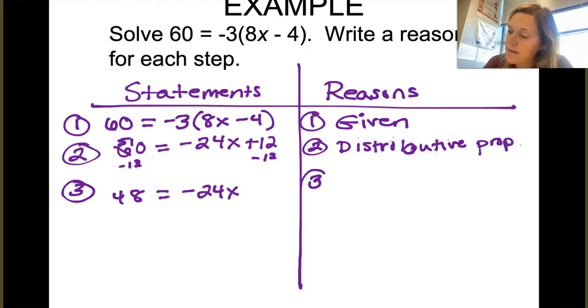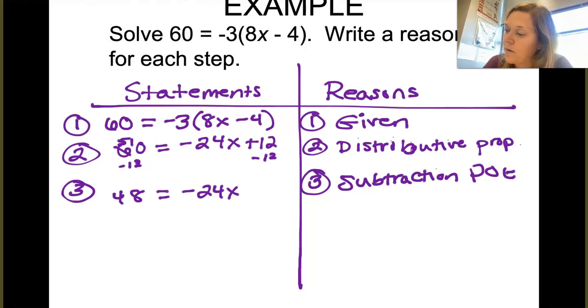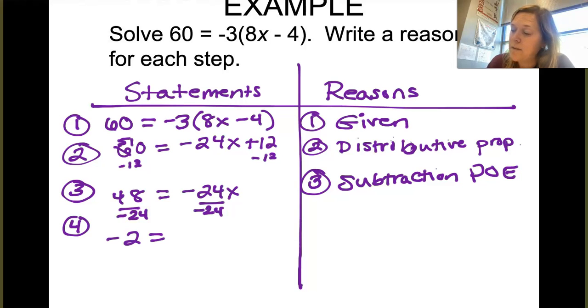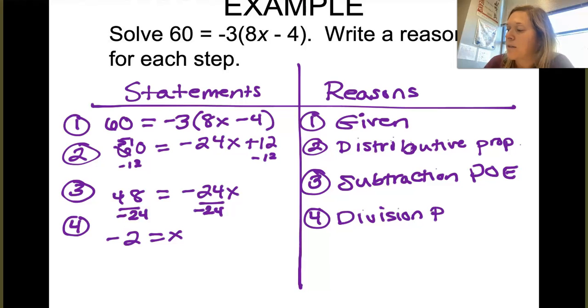So what did we do there? We subtracted, so the subtraction property of equality. And then our last move is to divide by negative 24. And again, you don't need to show that dividing by negative 24. You can just go right to the steps if you want. So that's going to be what? Negative 2 is equal to x, which is a division property of equality. And then we always should write that x on the left-hand side, so I'm going to flip it,